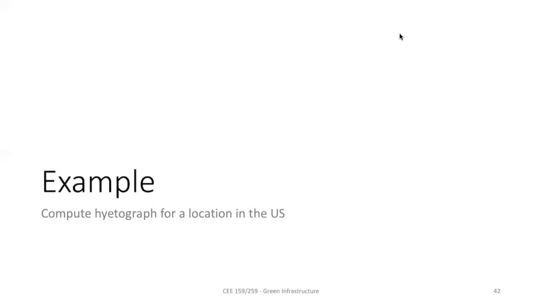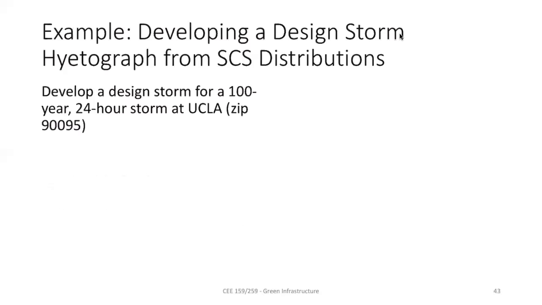All right, so let's see the examples of how to compute unit hydrographs at a location. We'll use the same location, UCLA, as an example. Here I asked you to develop a design storm hydrograph using the SCS distribution method. The location is given: UCLA, 90095 is the zip code. And I ask you to design or show the unit hydrograph for a design storm, which is a 100-year storm